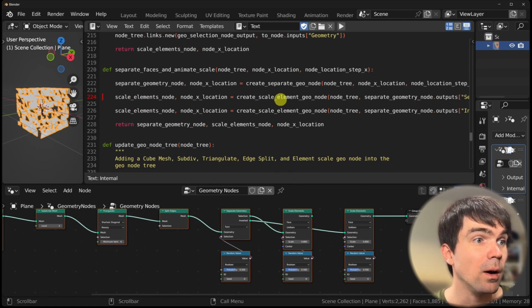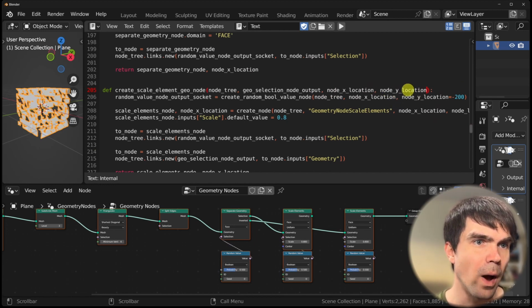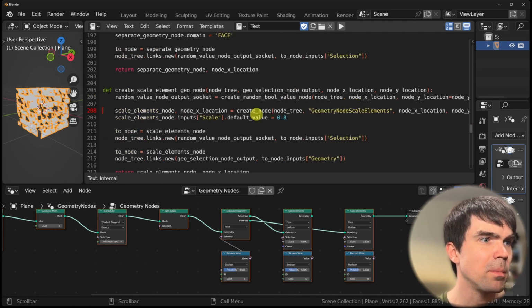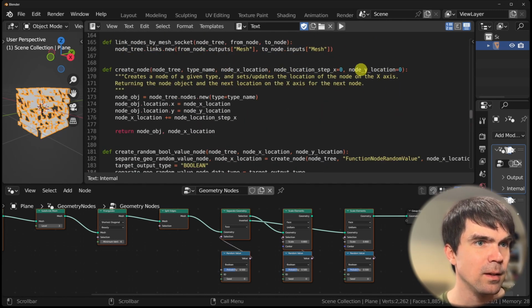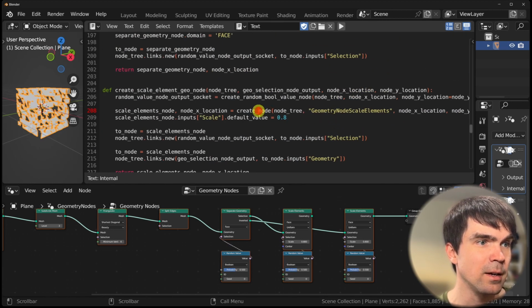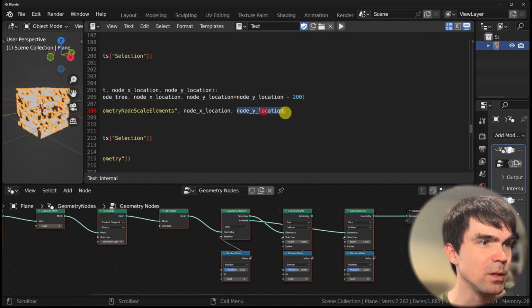I'm going to go above where this is defined, and instead of this, I'm going to use this Y location, and I'm going to pass it along right here like this. And as you remember, at the very beginning we added the Y location for the create node, and I'm going to be using that right here. So instead of that step, I'm just using the Y location,